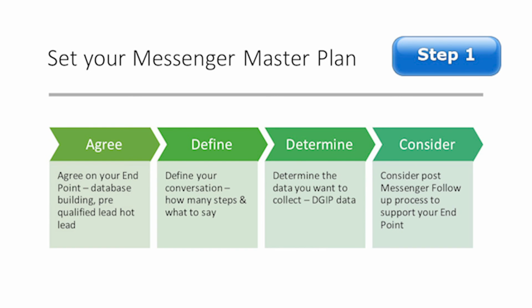So team, step one is a biggie. This isn't about, once again, just deploying Charlie and seeing what he can do for us. This is actually understanding that primarily Charlie is going to replace you as a communicator. So what is the conversation on Messenger going to look like? What is going to be the post-Messenger communication? Remember that when you're looking at step one, it's setting up the process for what happens when that lead comes through from the chatbot. What next?